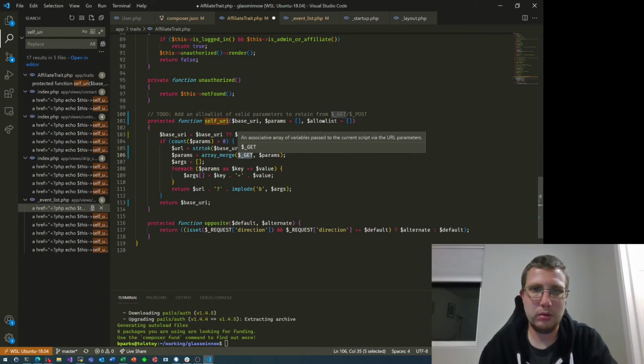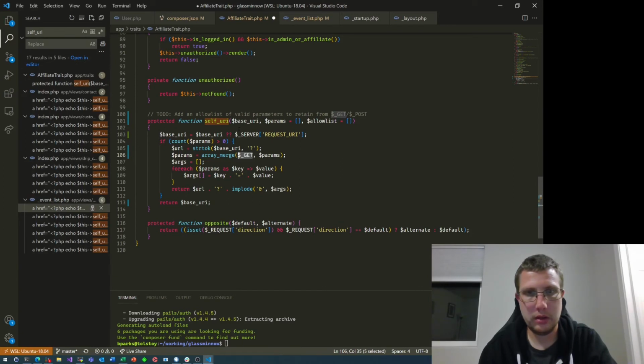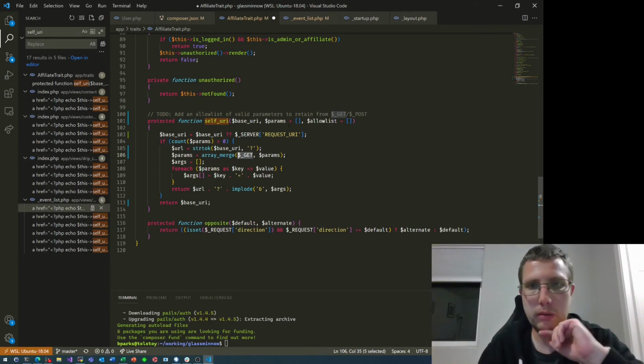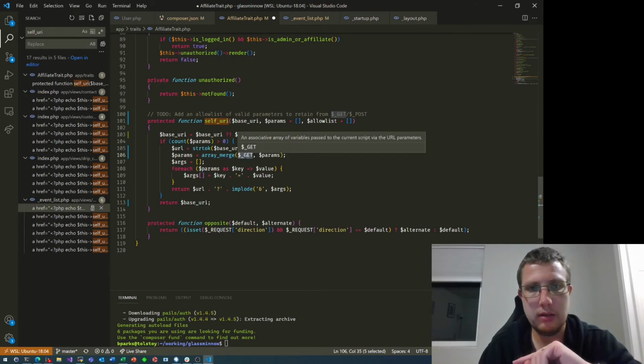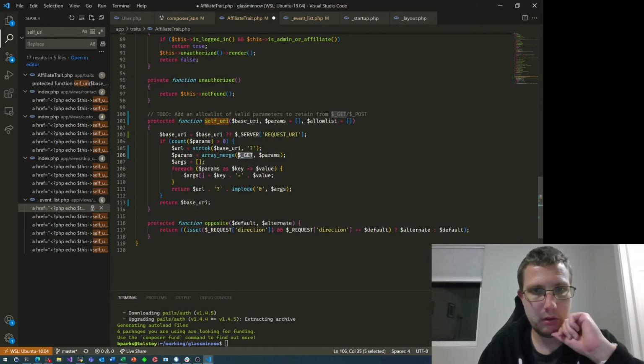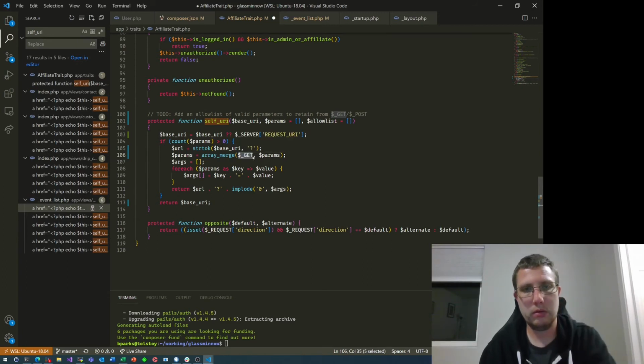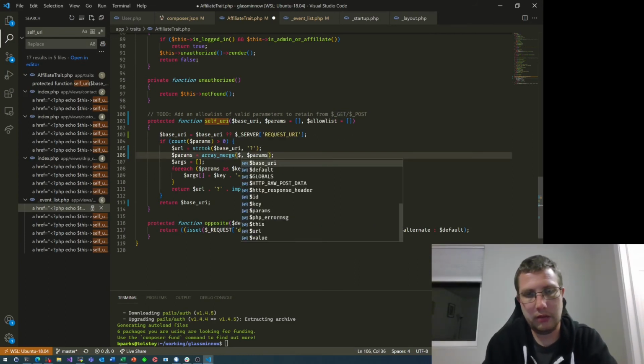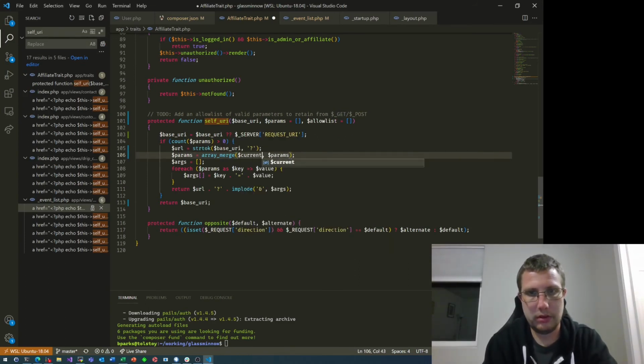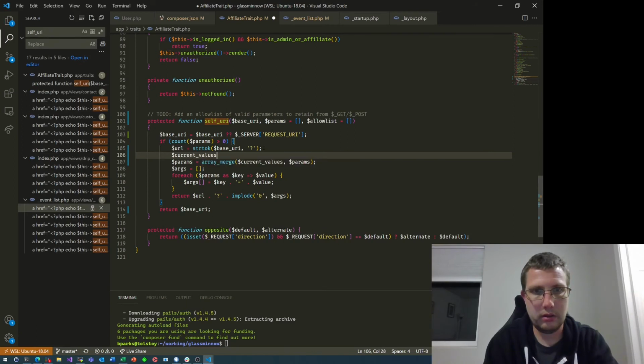We can actually probably do request, but let's just do. Let's see. Okay, so params, right? And we want to grab from get and then override with params, right? So if params is greater than 0, we need to basically, instead of having get here, we need to have current values. That sounds like a good name. And then current value,